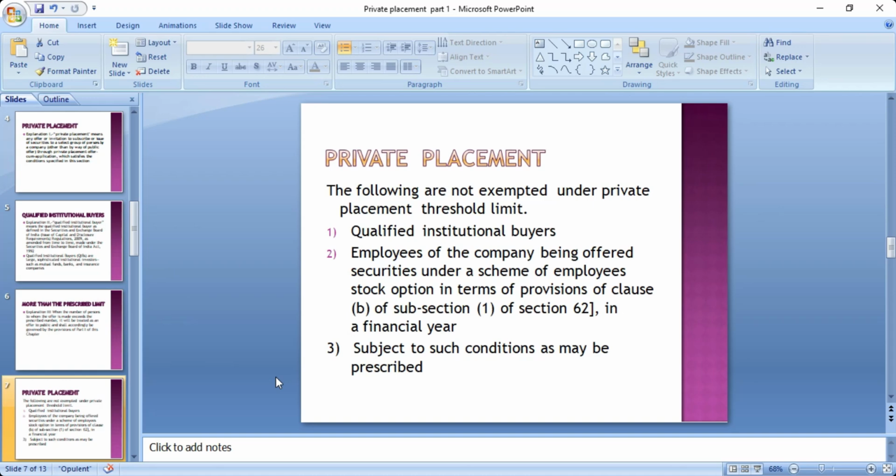Suppose a company has offered to 50 to 60% QIBs, that is not to be treated as a private investment, not coming within the threshold limit of 200. This means